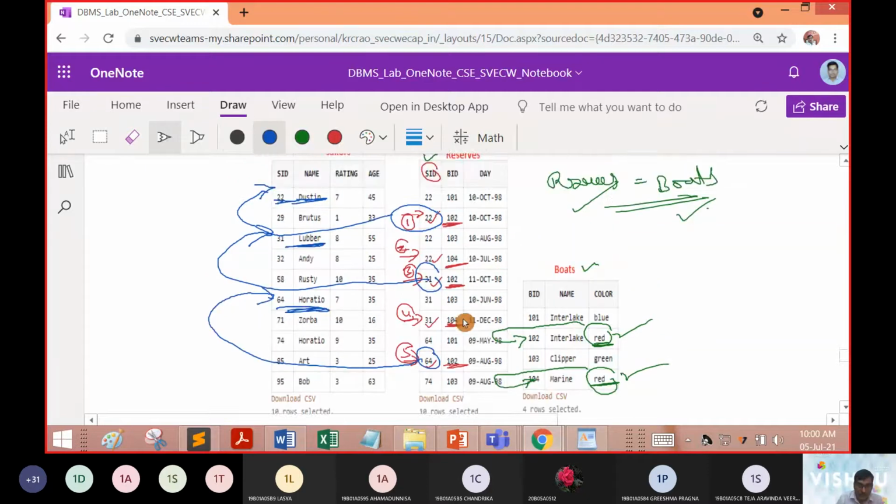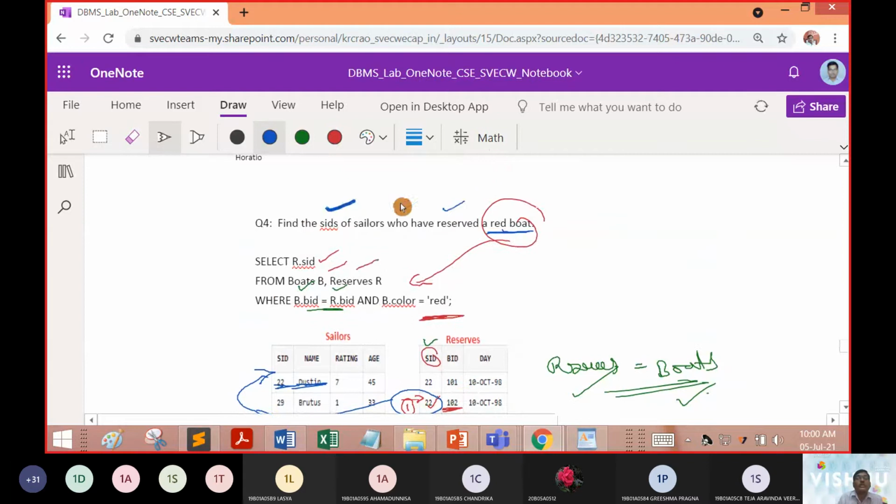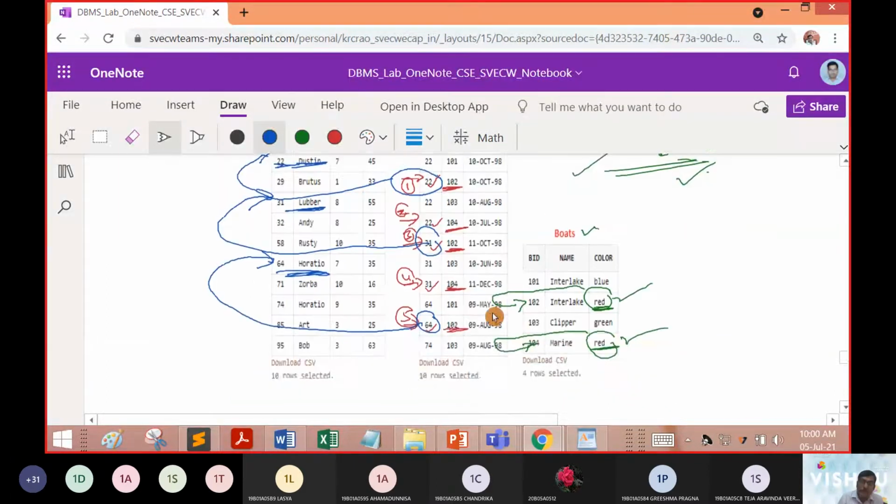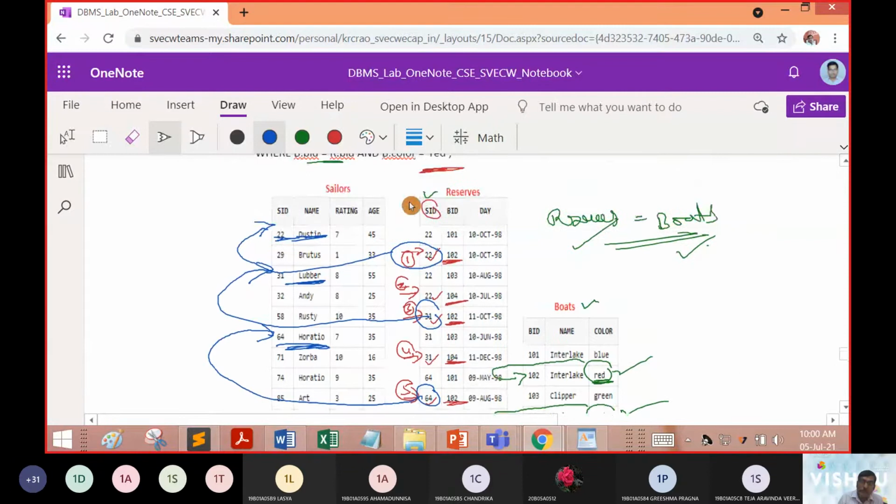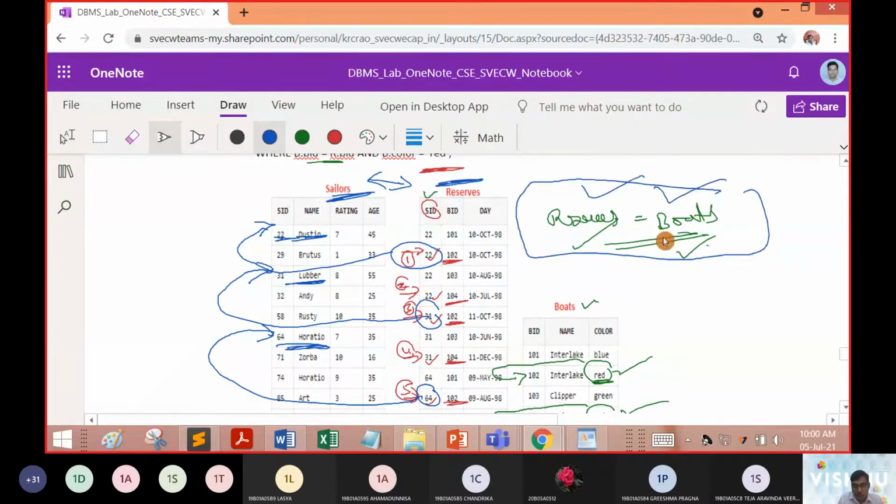So in the earlier query, the difference was that we stopped our query at only the sailor IDs, right? In the previous query, we stopped after generating only the sailor IDs. But now in this query, we are extending the relationship between the sailors table and the reserves table. Earlier, we had taken only the relationship between the reserves table and the boats table.